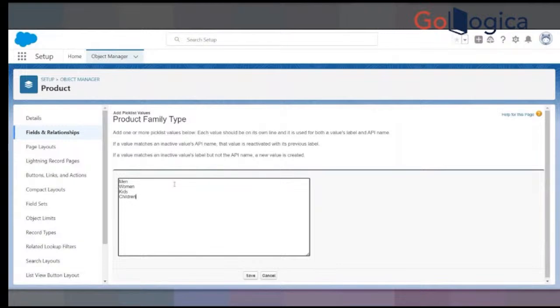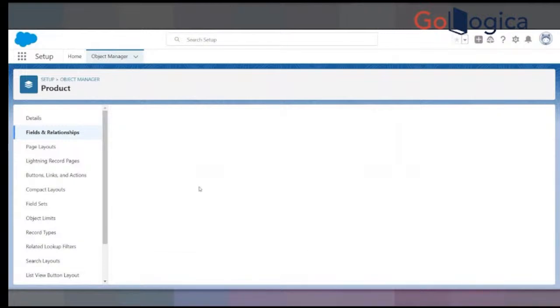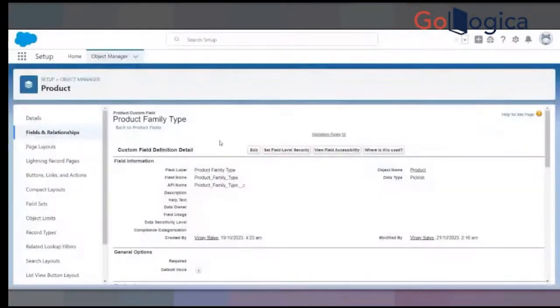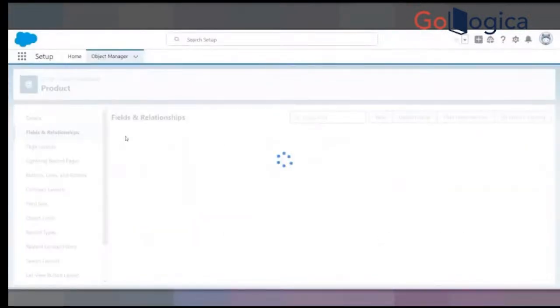So this is my product family type, this one. Now it says hardware type. So if it is for men's, what it should be. So if you go over here, Sizes. So if I go for hardware type,